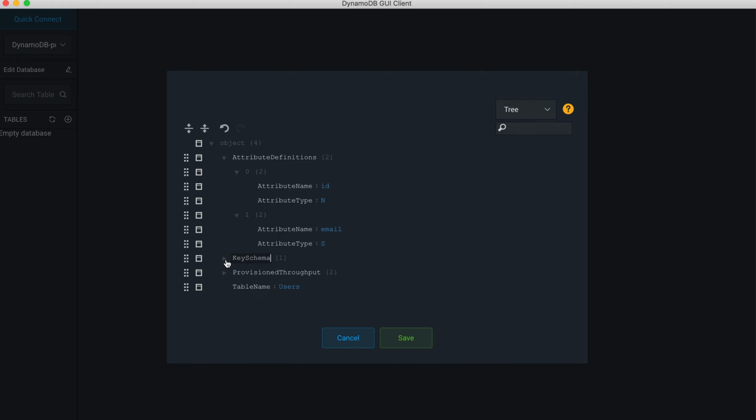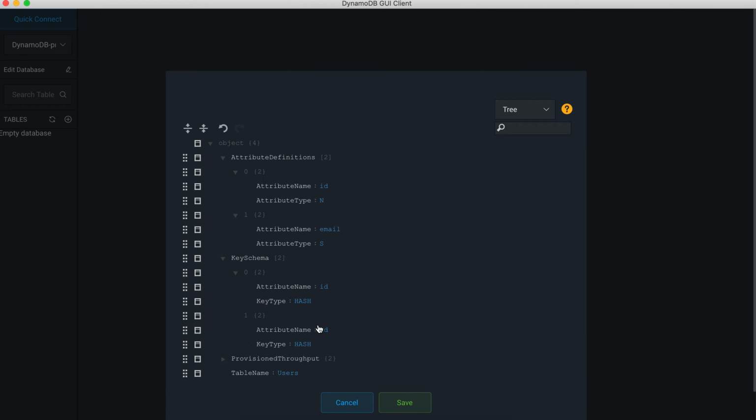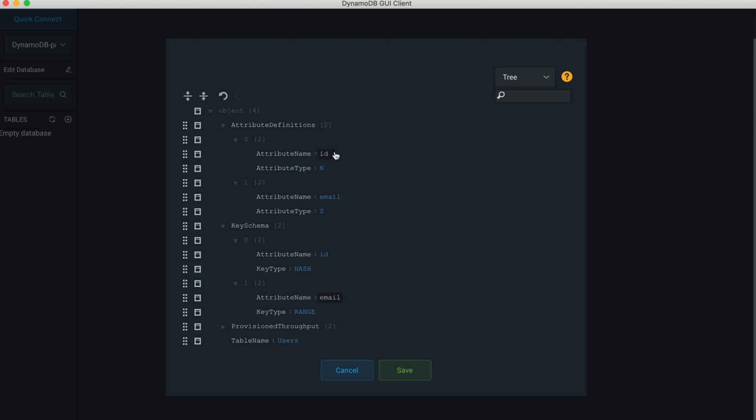Then we need to specify key schema, that is like which all fields we need, which field we need to specify as primary key, and which is called hash key, and which will be a range key if required. So for now I'll be setting ID as the hash key, and I'll one more duplicate this again. I'll put email as my range key. This will uniquely help me to identify together one specific ID and email is a new record.